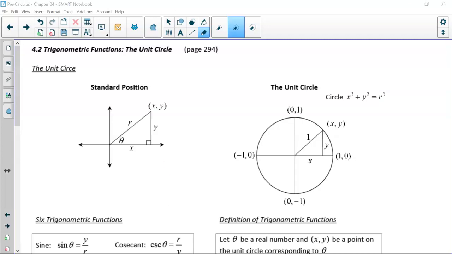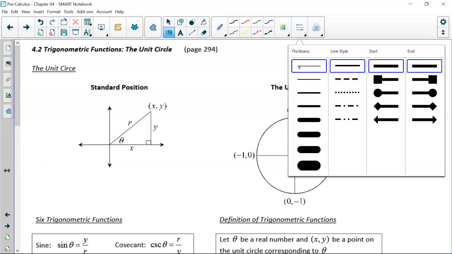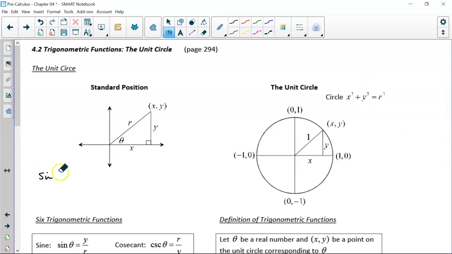Now, thinking back to our regular triangles, our right triangles, we had sine, cosine, tangent. Remember SOH CAH TOA. Sine is the opposite over the hypotenuse. Cosine is the adjacent over the hypotenuse. And tangent is the opposite